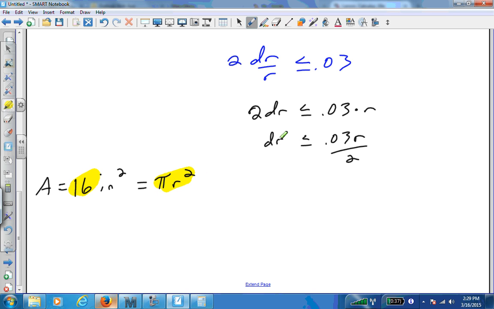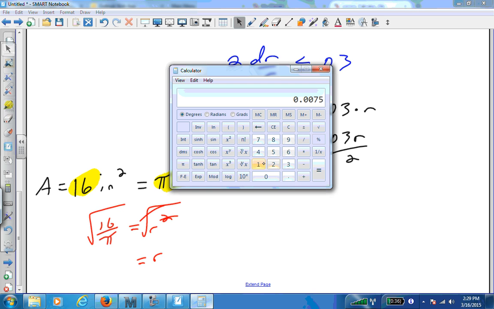And then we can figure out what our allowable tolerance is in measuring the radius or in producing the muffler with that radius. So to get r by itself, divide by pi. To get r, take the square root of both sides. So if we take 16 divided by pi, then take the square root, we get